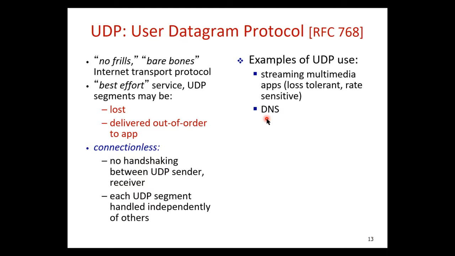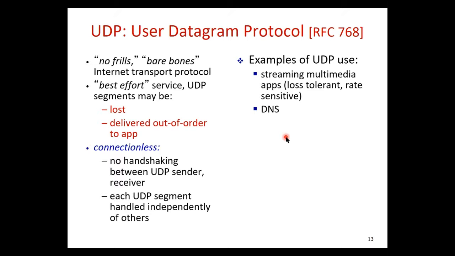So you may not want to go through the cost of the overhead of setting up a TCP connection just to send a short message and get another short reply back. A good example is the DNS application, which stands for Domain Name System. Domain Name System is the application that allows you as a user to type a logical name such as